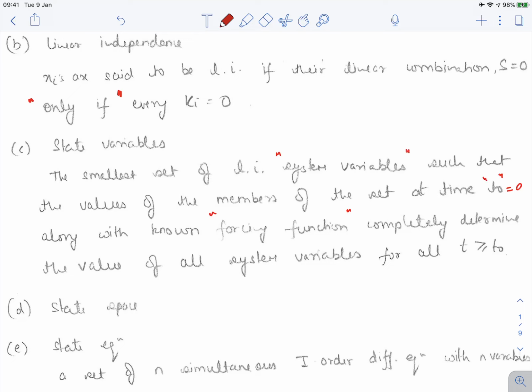Completely determine the value of all system variables for all t greater than or equal to t naught. So state variables play a very important role in this representation, because the other implication of this definition is that state variables are equivalent to capturing the memory of the system,